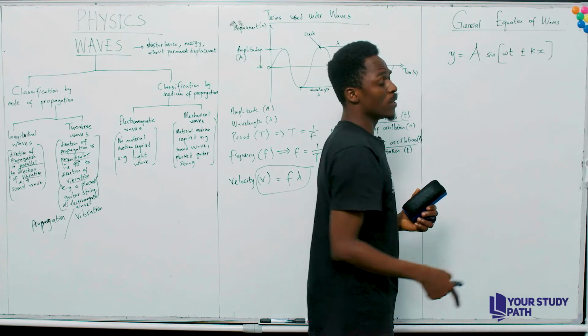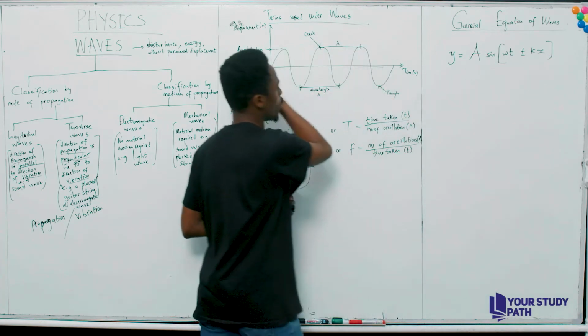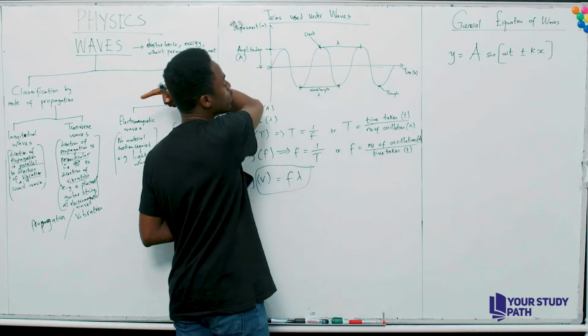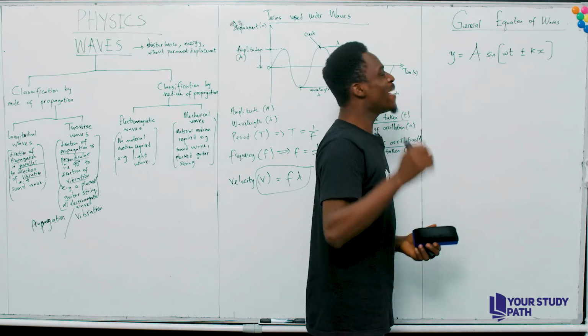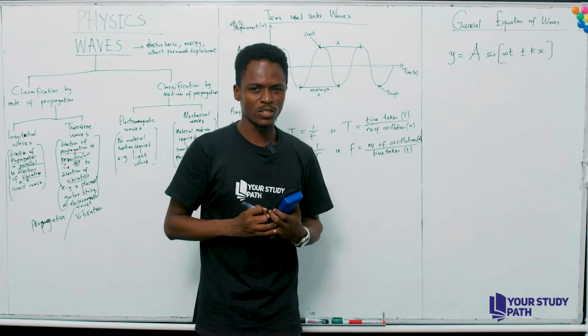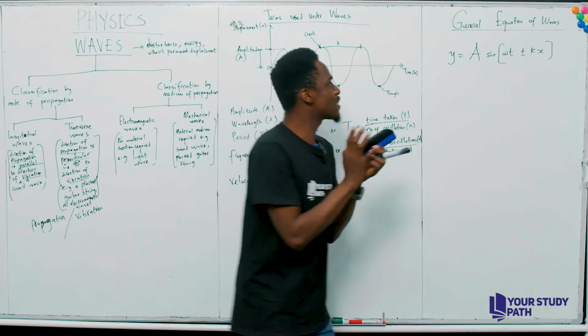So you can have the positive direction for x, that is a wave going in this direction, or a wave going in the opposite direction. That's why we have plus or minus. Now, any value you are given in the question, check. For every value given, as long as the value